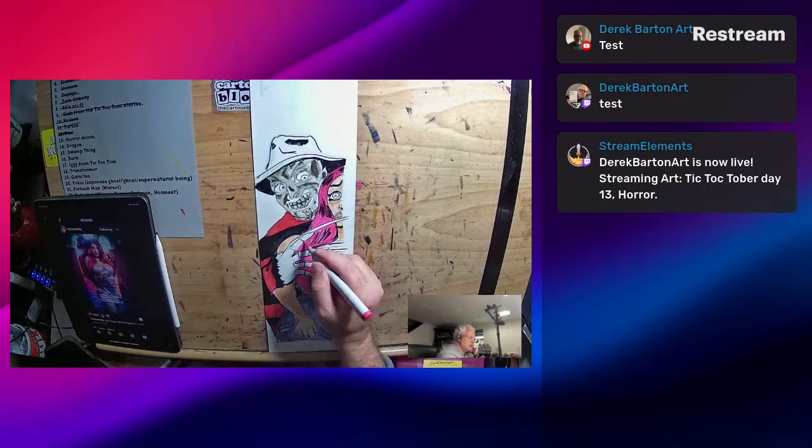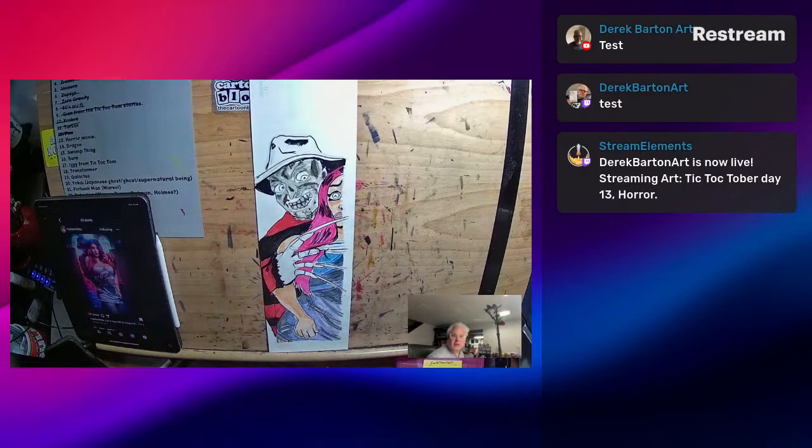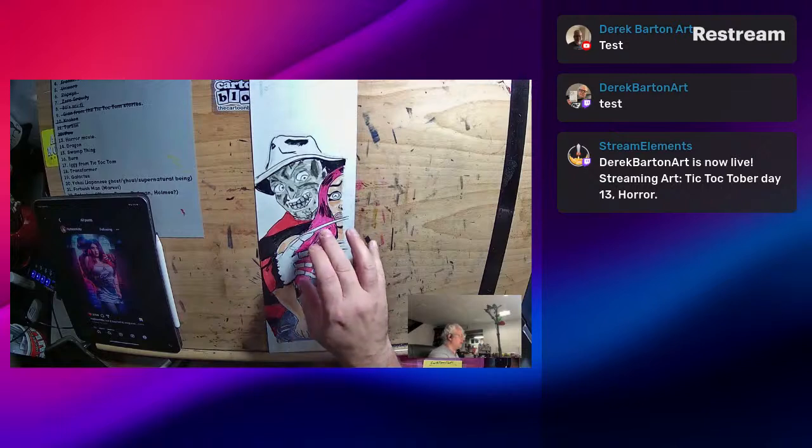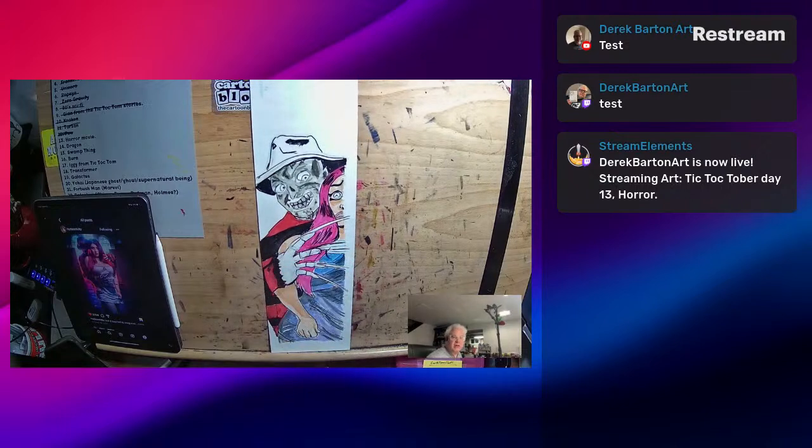Alright, so I don't think I'm gonna get that to more of a natural shade there, because I don't want to have the hair blend too much with the costume. And this is the downside of me being colorblind. Alright, so